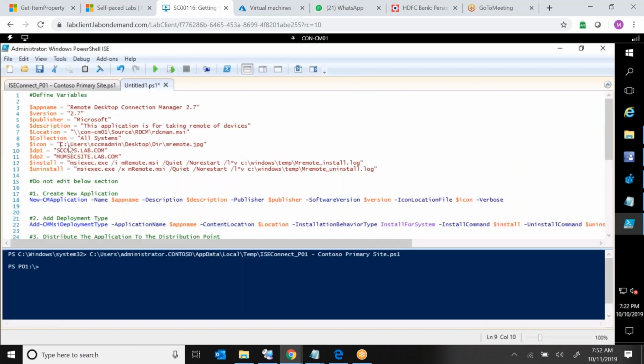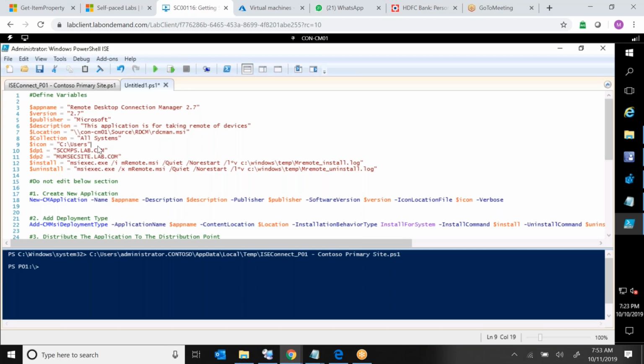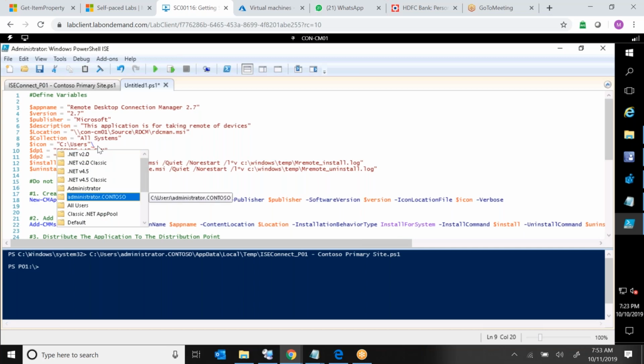Now the icon, let me delete this and type in C:\users. It has IntelliSense as well. You see, it is coming up to choose. You can choose your folder. So I'm going to choose my folder users, and then /administrator.contoso /